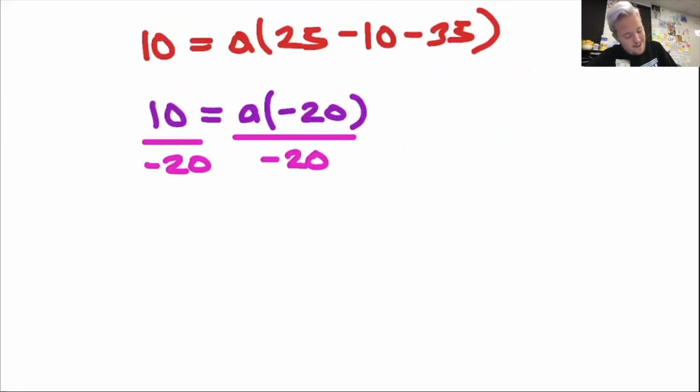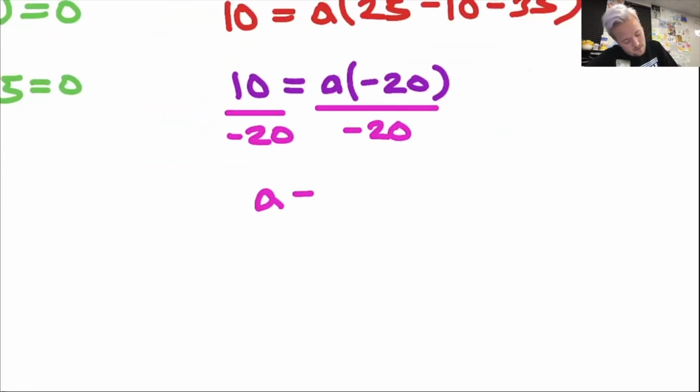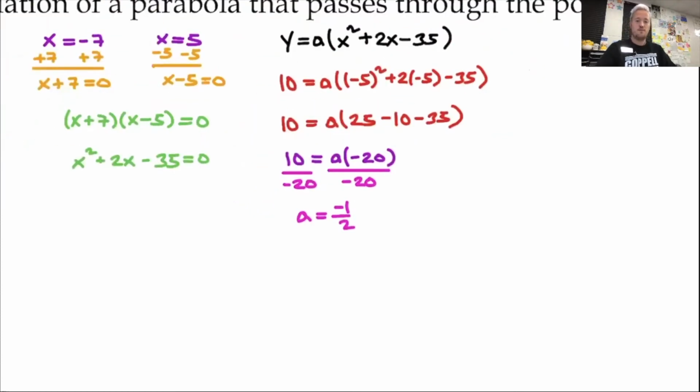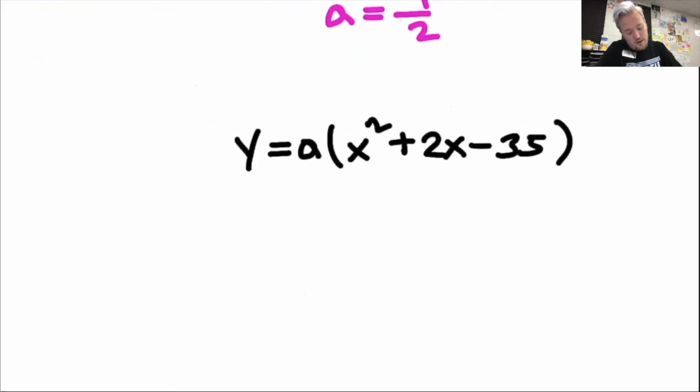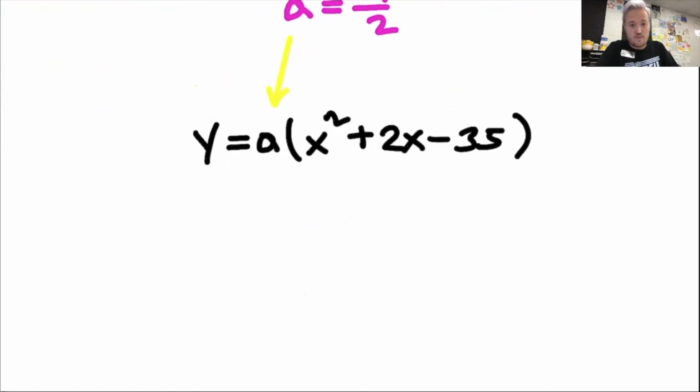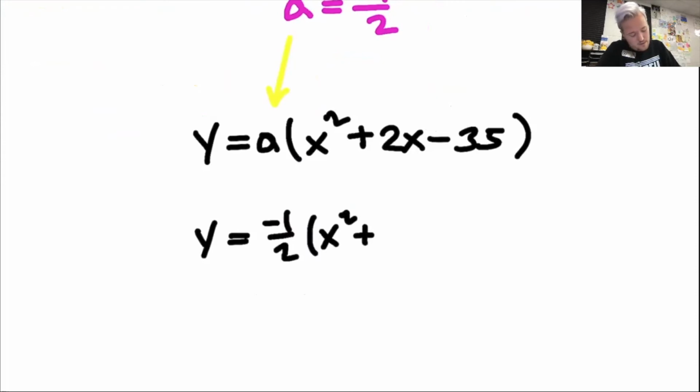So I'm going to get an a value of -1/2. All right, so I'm going to take my regression model from up here, and I'm going to plug in the a value. All right, so my a value of -1/2 is going to get plugged in, and I need to distribute. So I'm going to have y equals -1/2 x squared plus 2x